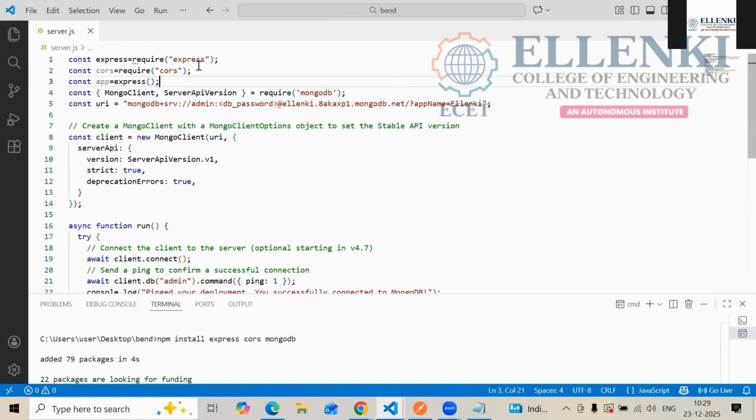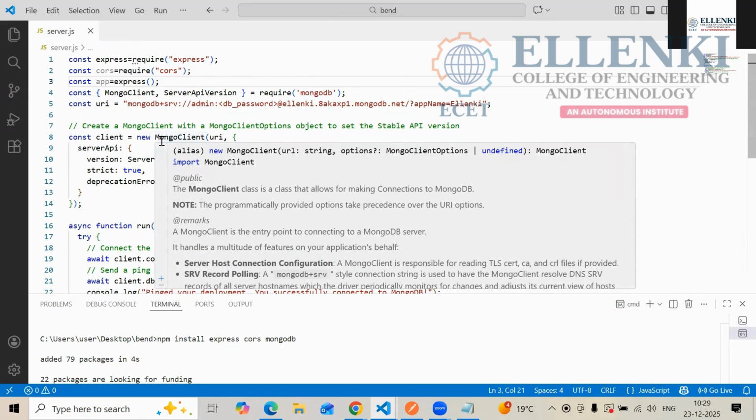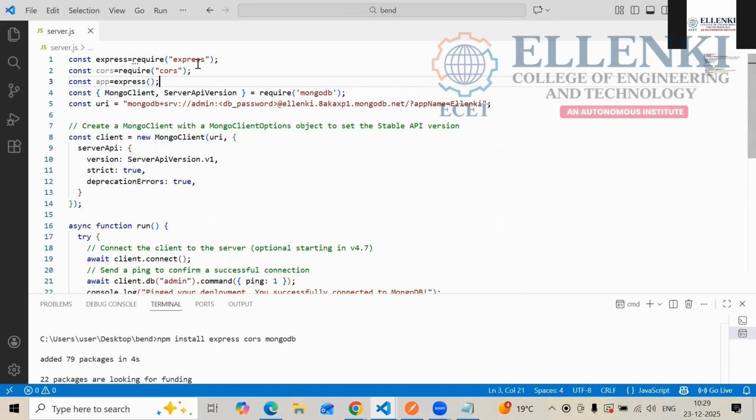So to connect with the front end, we are using what? The backend is in the middle, with MongoDB on the right side and React on the left side. To connect with the right side MongoDB, we are using express. To connect with React, we are using cors. So that's why I brought these two.